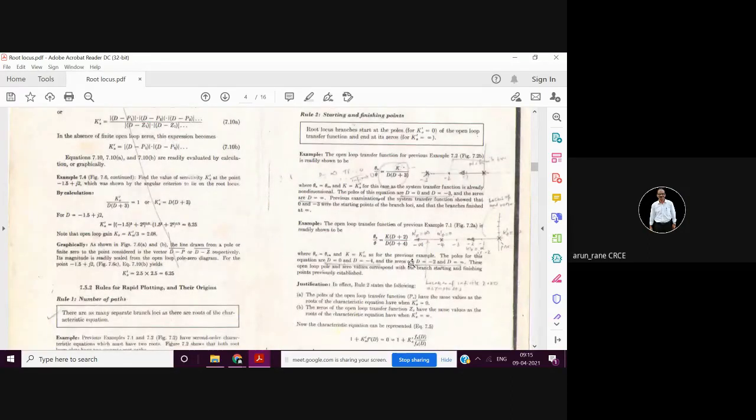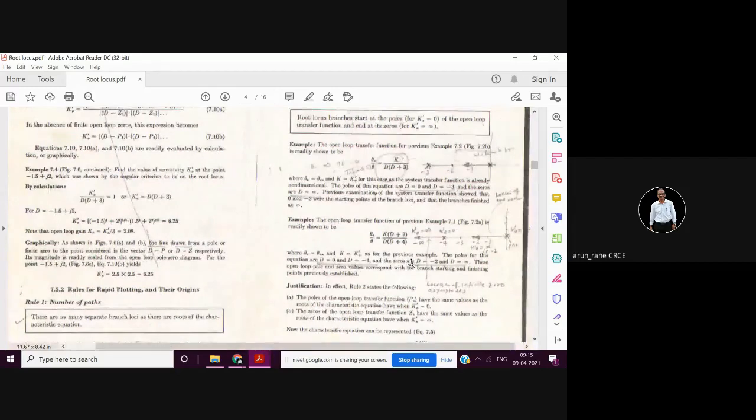Now, you tell me how many poles are here in this. Poles means the expression will become infinite. That means the denominator should be 0. So how many poles? Two. So which are those two poles? d is equal to minus 4 and d is equal to 0. So we'll mark this minus 4 and we'll mark this 0 by a cross. Yes, sir. Poles are marked by a cross.